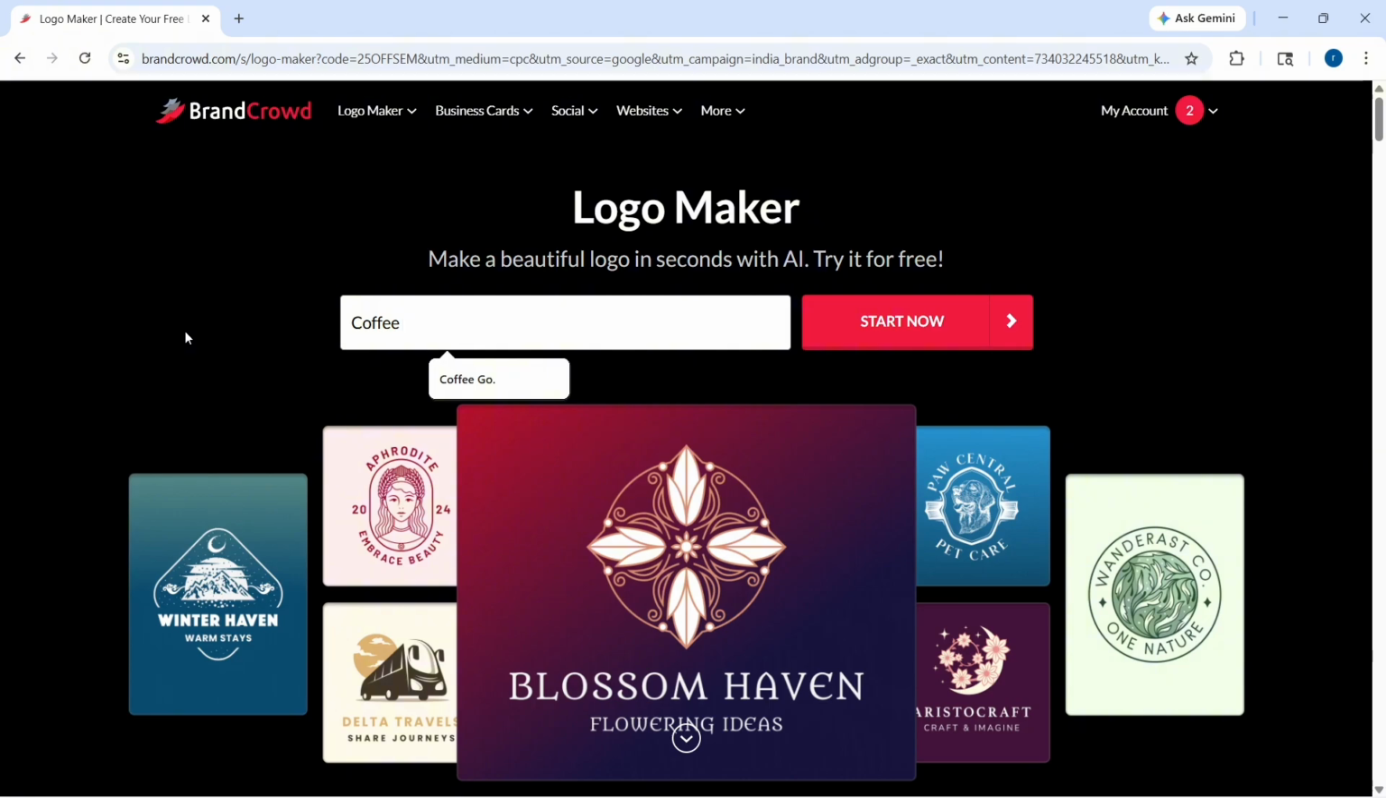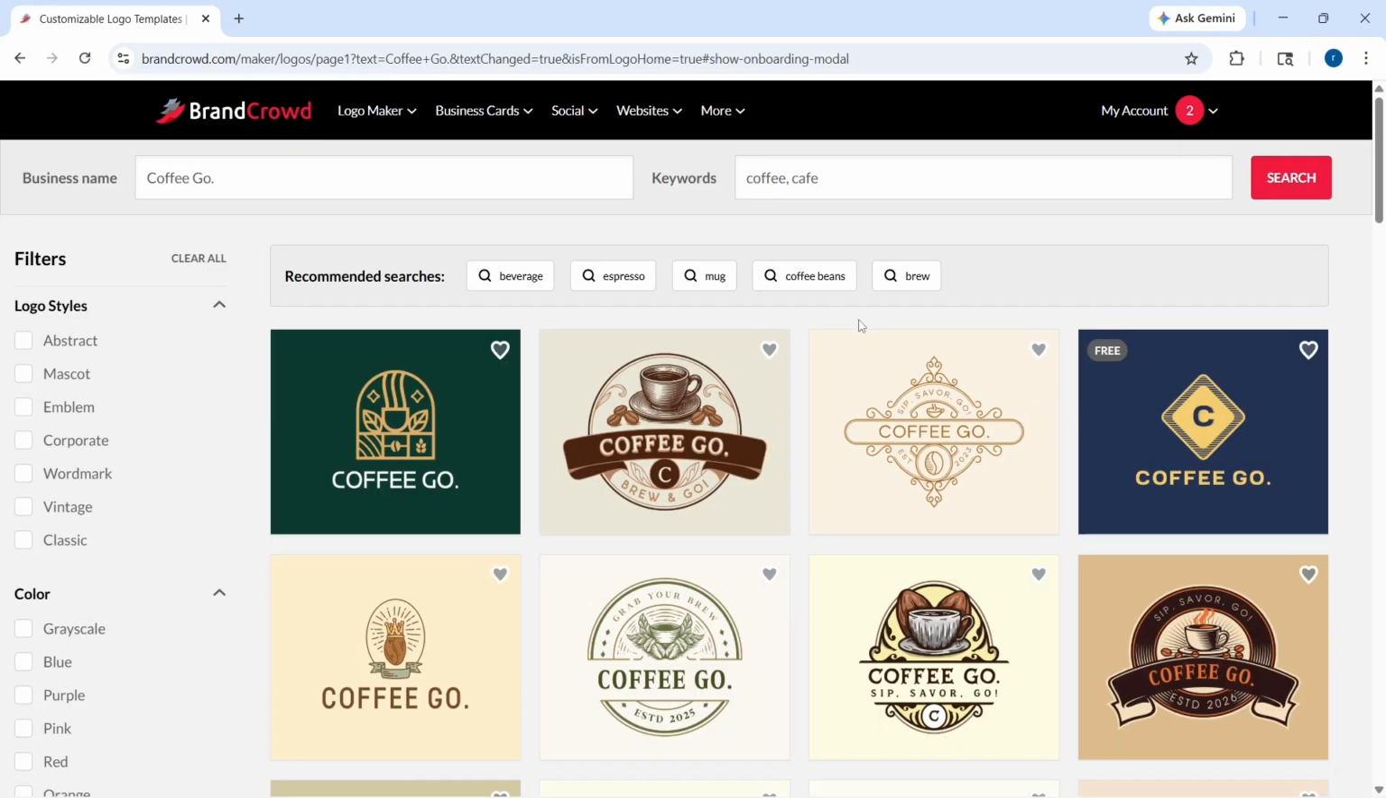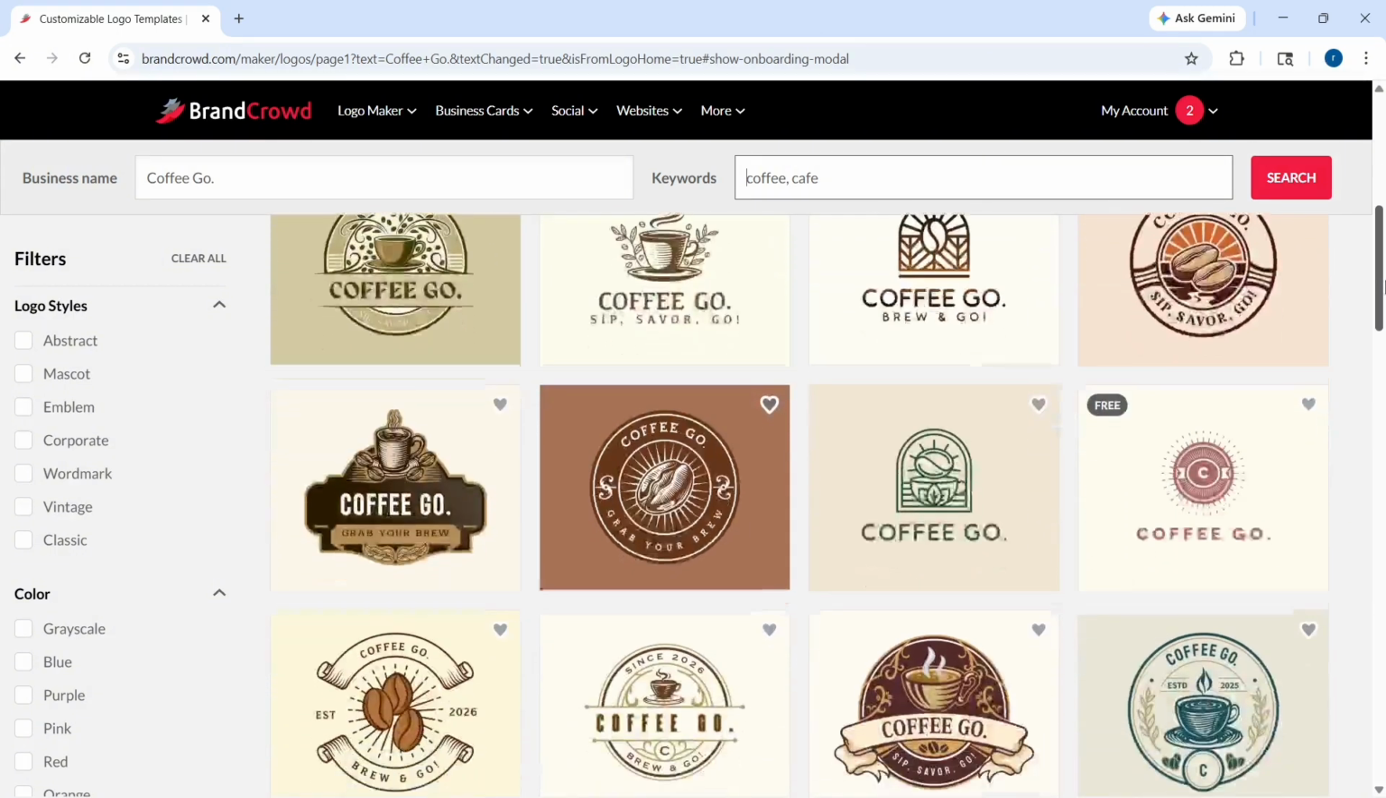your brand name and the type of logo you want to create. You can also add keywords related to your business to guide the style, or simply continue to explore the options directly. Within moments, the platform generates a wide range of logo designs automatically, giving you plenty of styles to choose